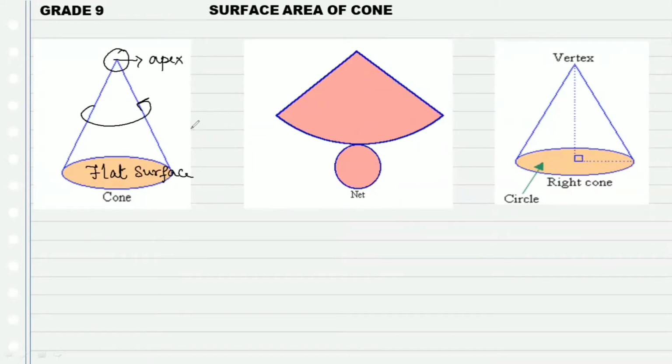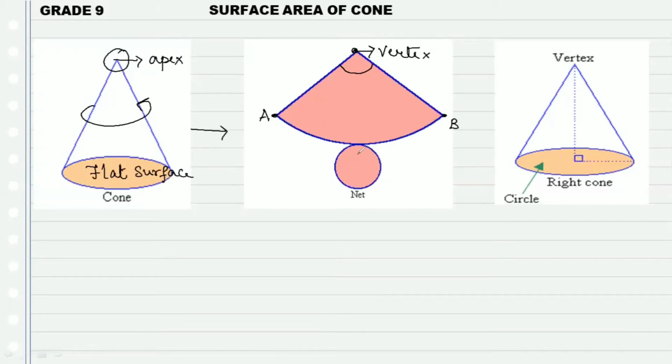Now let's unfold this cone to get its net. If you unfold this, you will clearly see the base is a circular base, whereas the curved face is a sector of a circle. So here, if I take this end as point A, and this end as point B, when we join A to B such that we have a pointed apex on the top, that is how a cone is formed. So if you just look here, students, this sector is folded from its vertex to form a pointed top.